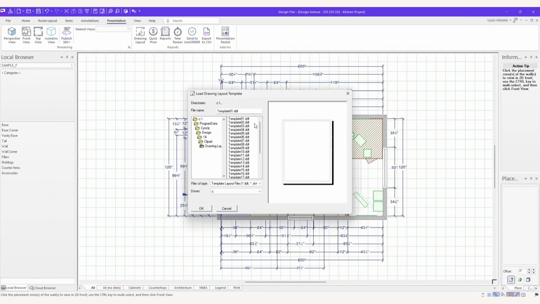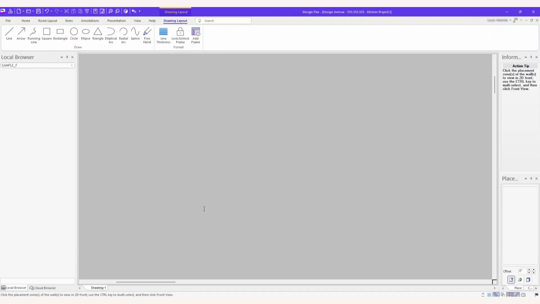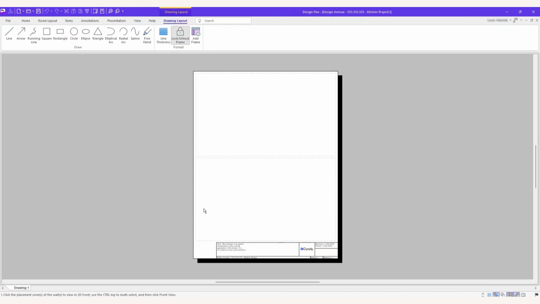You'll first be prompted to choose a layout template, which determines how your content will be organized on the page. Drawing layouts can include a variety of elements, such as floor plans, elevations, item lists, saved renderings, isometric views, images, and custom graphics. To add content to a frame, simply right-click within the frame and select the type of information